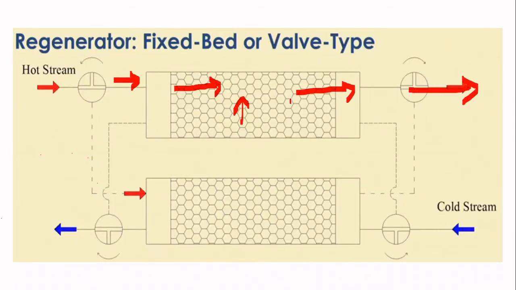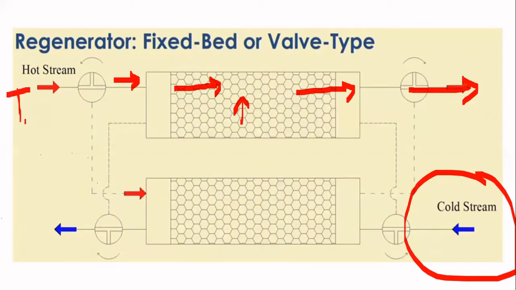The cold stream won't be made to flow in that direction. We will wait for some time to see the flow of the cold stream. Again, suppose that the temperature of this hot stream is TH. As it flows, the temperature of this particular matrix, this particular bed, is going to rise up. Say that it is approaching the TH value. If it is approaching the TH value, there won't be any more heat transfer between the fluid and the matrix. So there is no point of passing the hot stream over this particular matrix anymore. So what we are going to do is change the direction of the stream now.